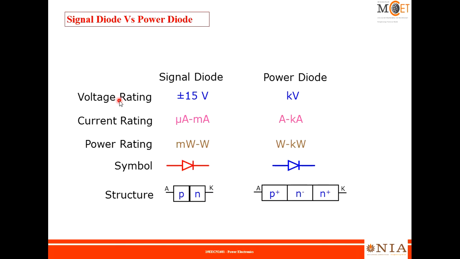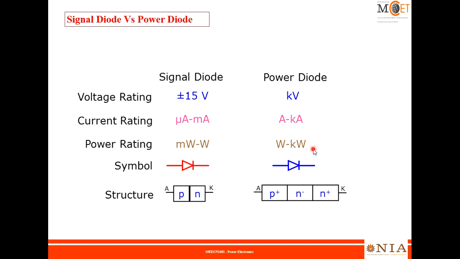Signal diode voltage ratings are plus or minus 15 volts, and power diodes handle kilovolts. The current rating of signal diodes is microamps to milliamps, while power diodes handle a few amperes to some kiloamperes. The third parameter is the power rating. Signal diodes only handle milliwatts to some watts, but power diodes handle watts